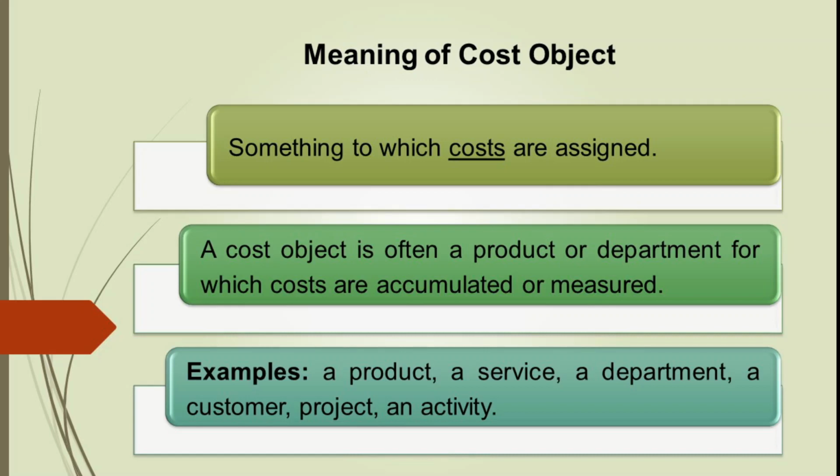Or Samsung may assign the cost incurred by it for each of its stores. Then the cost object will be a store. The most critical aspect of determining a cost object is the ability to allocate costs in order to get a complete picture to plan, make decisions and perform controlling activities.